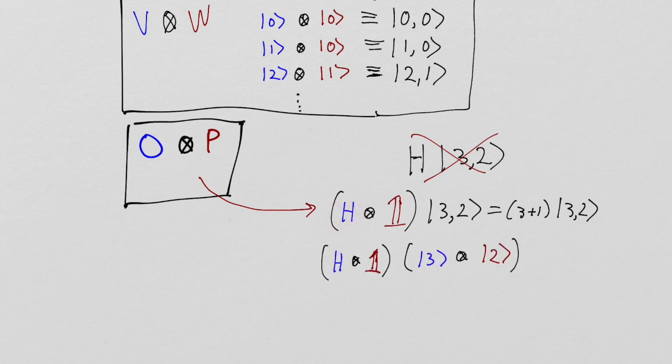So it is H tensor product 1, an element from this, acting on 3 tensor product 2, which is an element from this, written in longhand as opposed to shorthand. H acts on the 3, and the identity acts on the 2, and we ultimately will get 3 plus 1, 3 tensor product